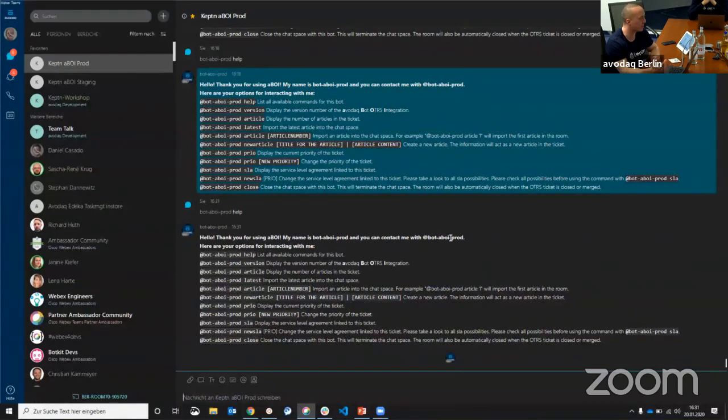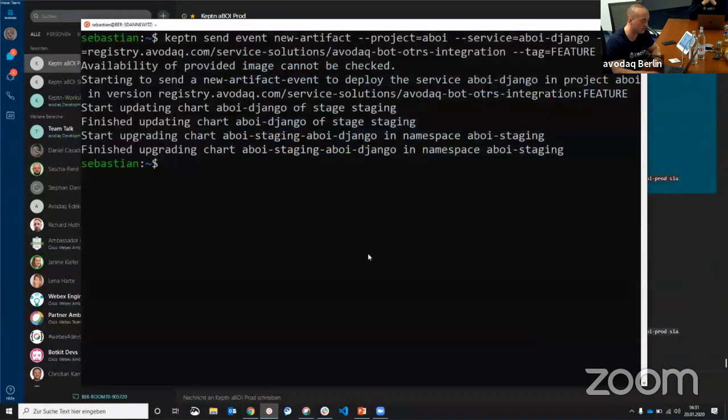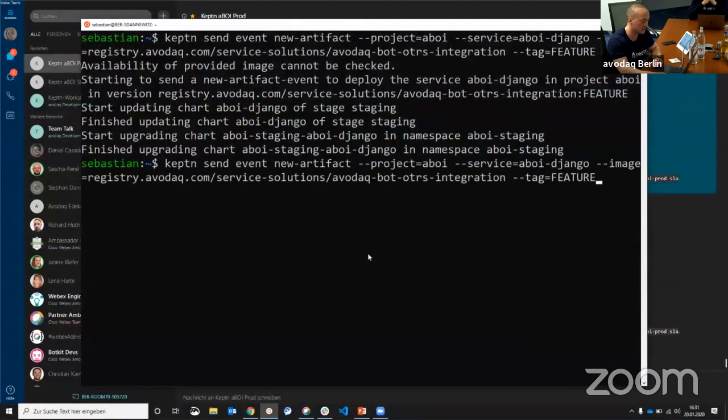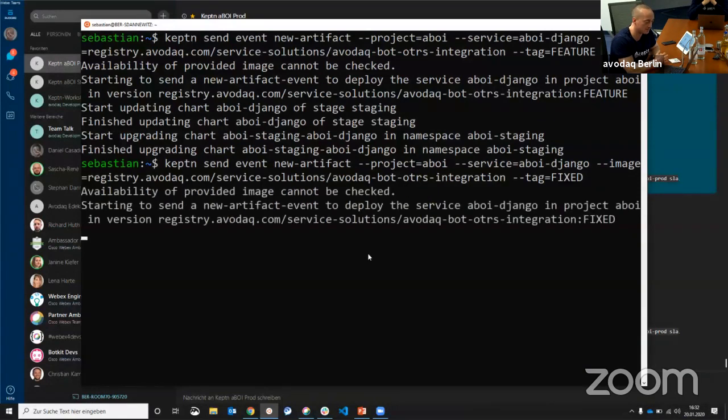We of course prepared it beforehand, and we will trigger the CLI once again, but this time with another tag, pulling another image from our container registry. This time we are not taking the image with the tag feature. Now we are taking the image with the tag fixed, and we will trigger the deployment once again.